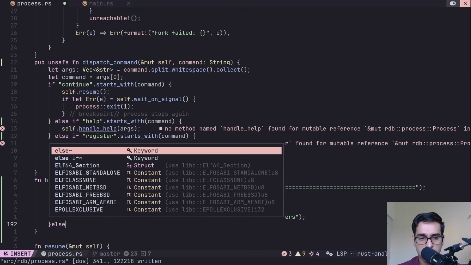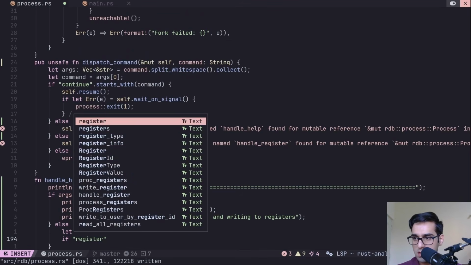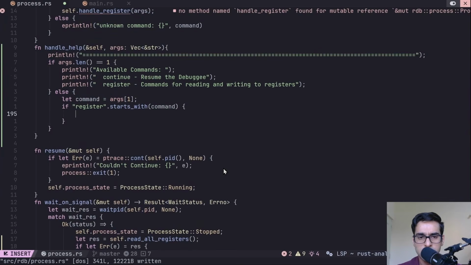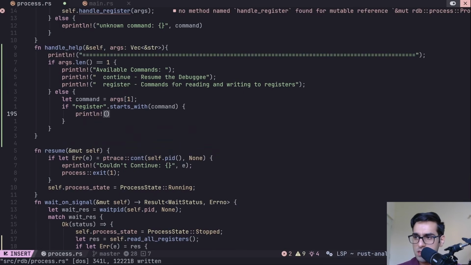But if args.len is not equal to 1, then let command be equal to args of 1, and if register dot starts with the command, in that case we'll print line, and I'll say available subcommands for command register are